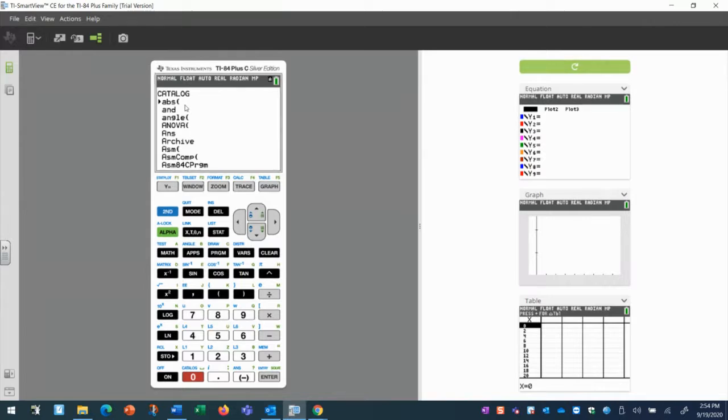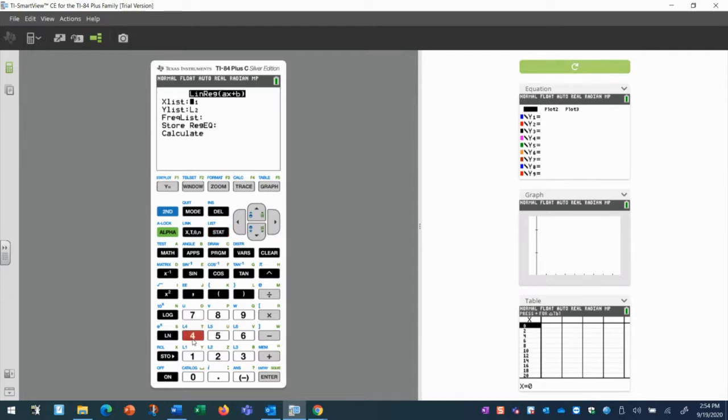I want to go down to diagnostics. That's in D. We're in A. So I hit the D, and it moves me right to the D category. So now I'm going to scroll down until I get to diagnostics on. Once you get there, hit enter. Then hit enter one more time. It will say done. Now, if I go back to my equation, stat,